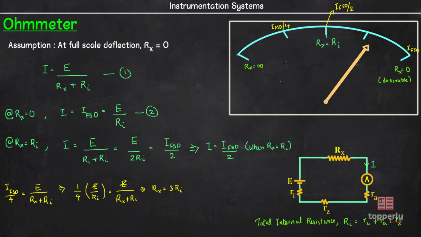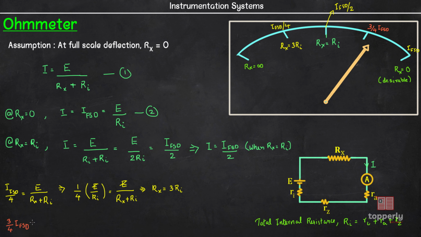So let's mark it in the scale. This point corresponds to Rx equal to 3 times Ri. Similarly, let's quickly find out the resistance marking at this point of the scale. This point corresponds to 3 by 4 IFSD. Thus we have 3 by 4